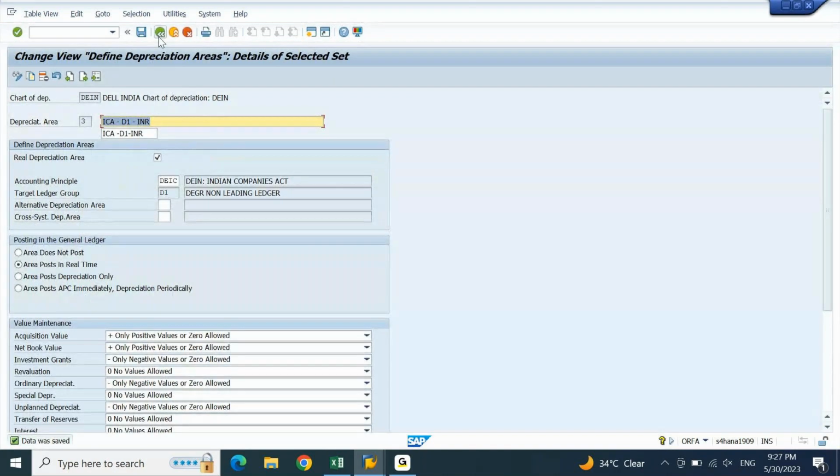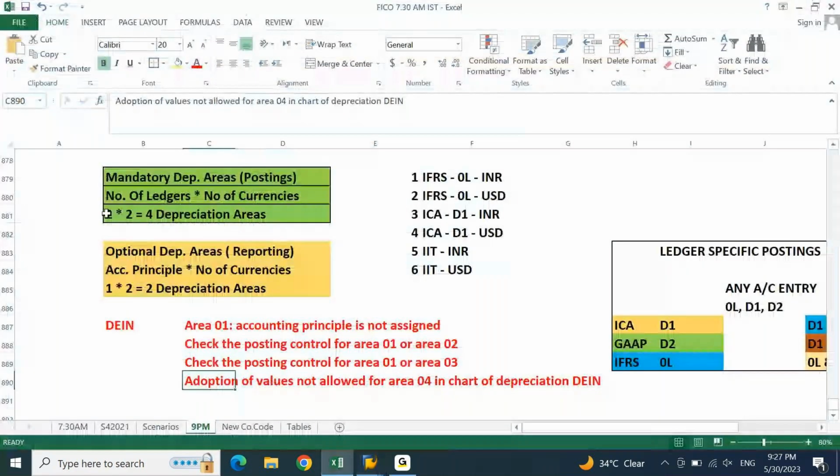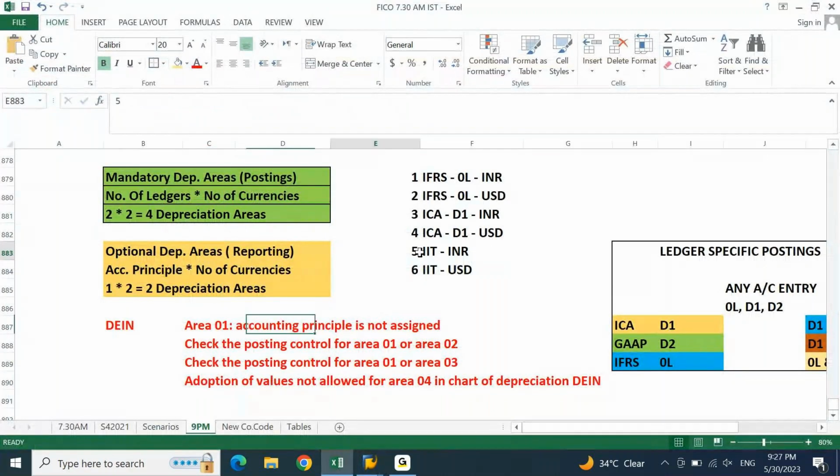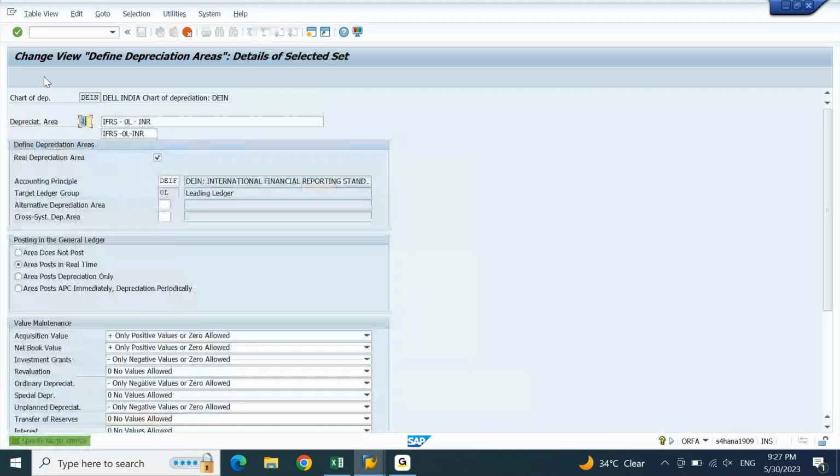Now we have got 4 depreciation areas. Now we have 2 more depreciation areas. Let's copy 2 more depreciation areas. Make this as 5.